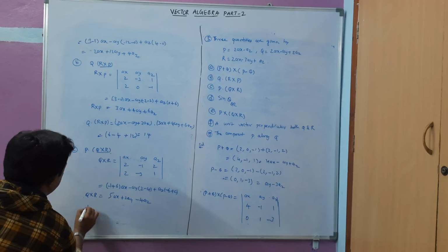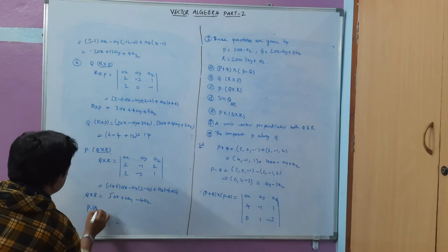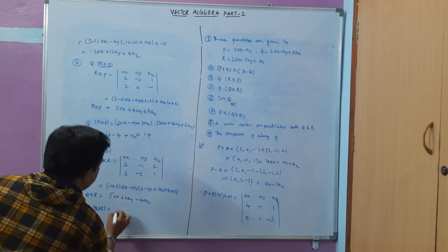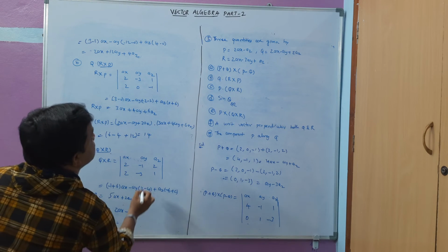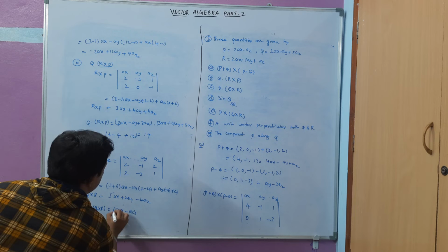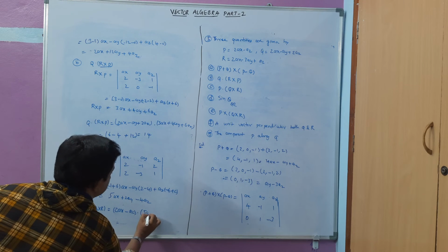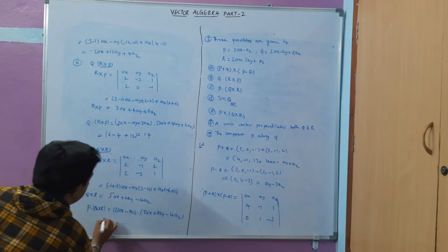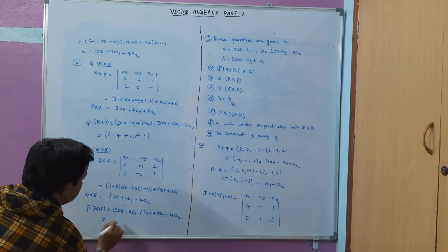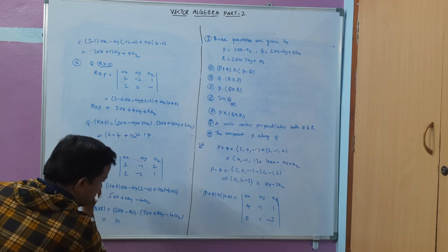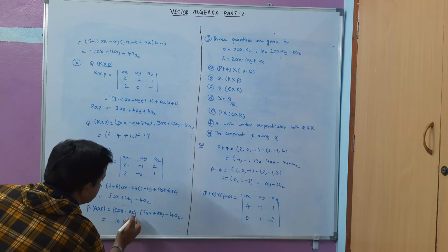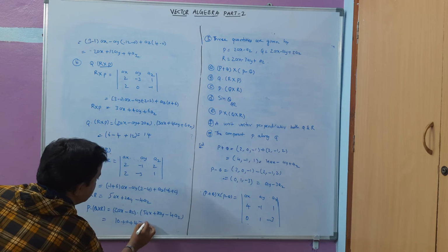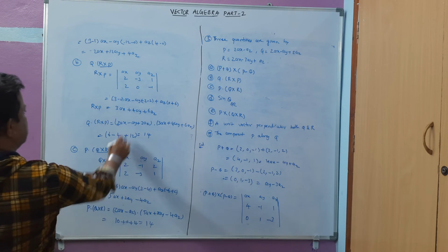And next I have to take the dot product of p dot q cross r. What is p here? P is 2ax minus az, dot 5ax plus 2ay minus 4az. What do I get here? ax dot ax is 1, that is 5 to 10 here. I don't have a y term here, that is 0. Minus minus plus, I get plus 4. It will be giving me 4. The same answer we got.